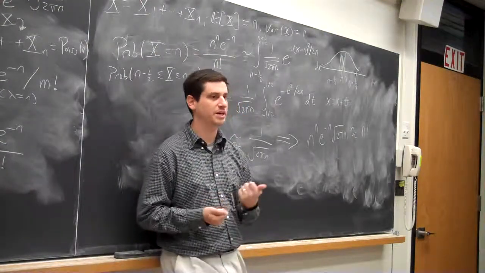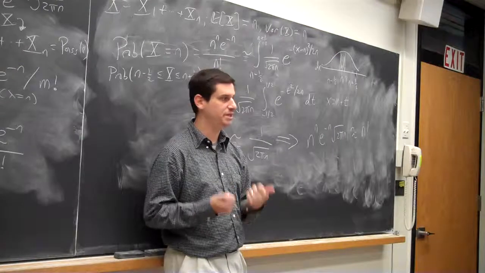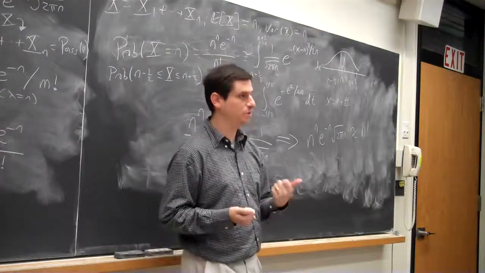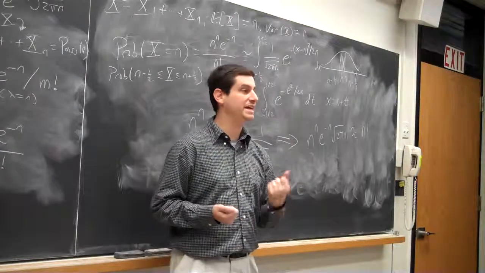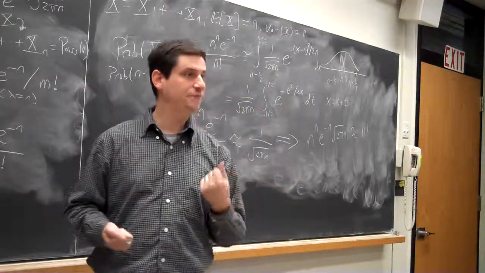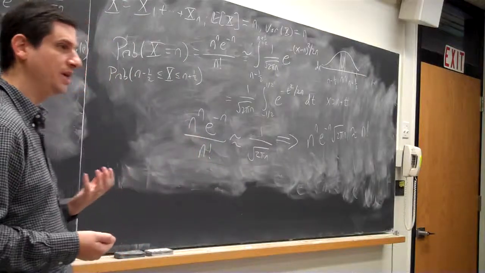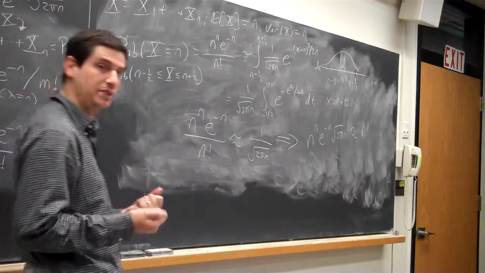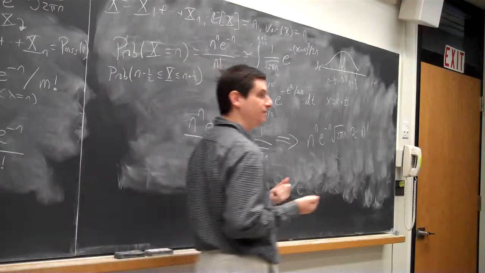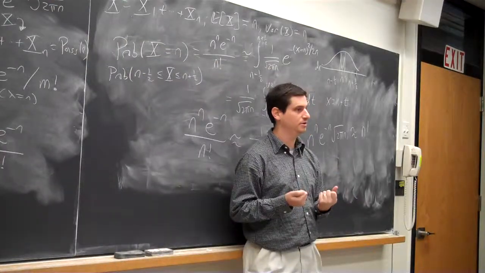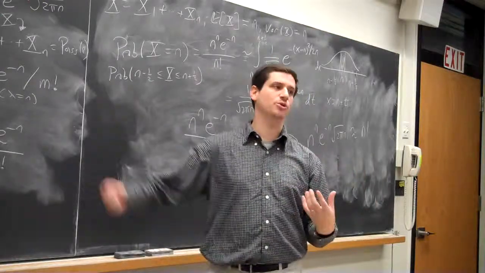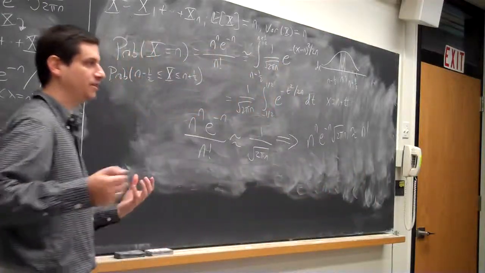So what kind of outcomes can I get? I flip an even number of times. So you expect to get 0. I expect to get 0. What else could I get? Even numbers. Even numbers. I can't get any odd numbers. If I flip a fair coin or even a biased coin an even number of times, and every head is a plus 1 and every tail is a minus 1, I'm never going to have an odd number. So when I'm trying to then do my comparisons, we're going to have this annoying factor too that we're going to have to just shove in. If you've ever done like a physics or chemistry,